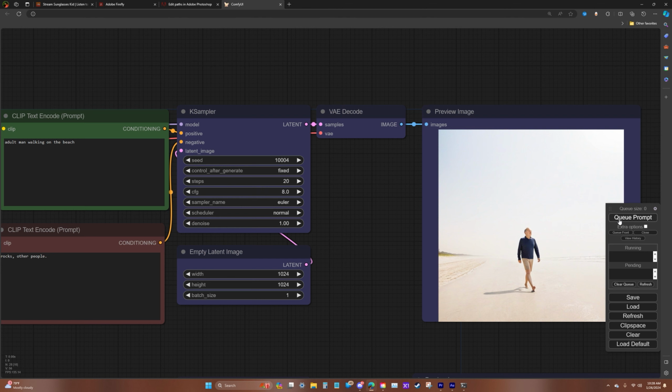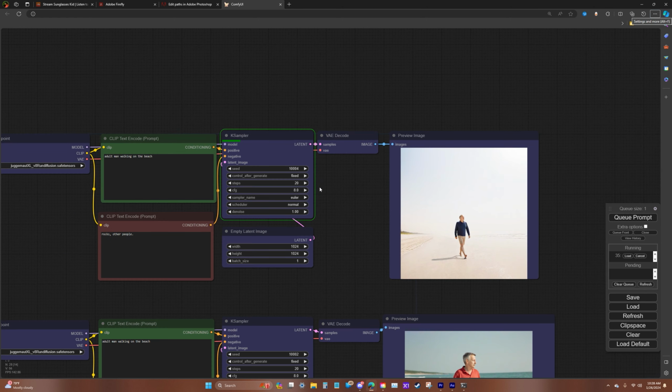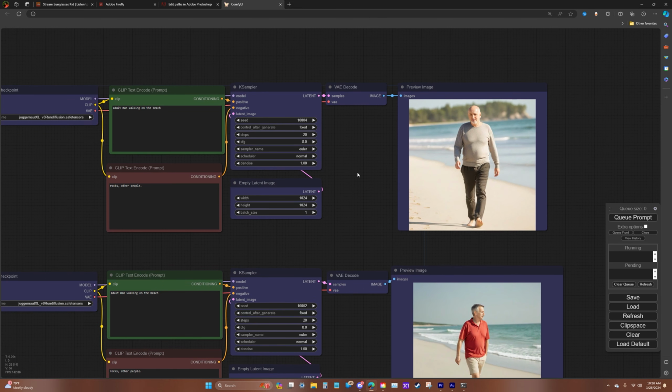I'm going to hit Q prompt, and because this is associated to image 10,003, not 10,004, it'll generate an image set to 10,004. This is now image 10,004. If I hit Q prompt, nothing will happen